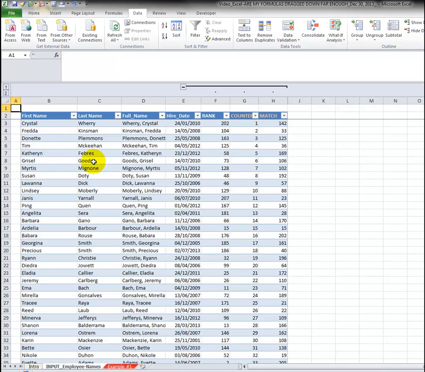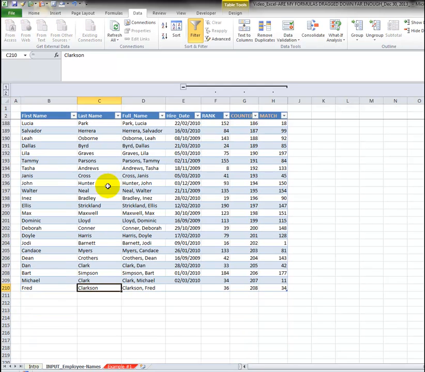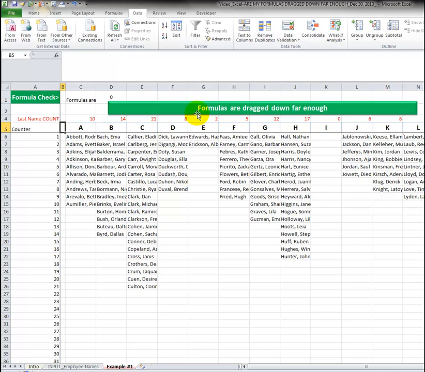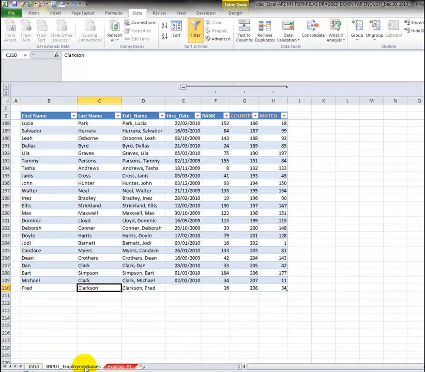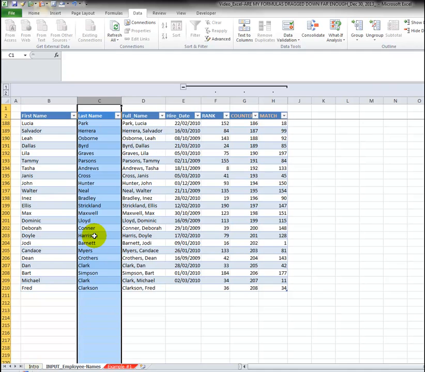I've got an input sheet, some kind of employee database: first name, last name, full name. Right now it ends here in row 210. So I come over here and it says formulas are dragged down far enough. Now I've got this little formula here that looks at row 4. So here in row 4 I'm simply getting a count of how many last names start with each letter. So here we have for C 21, and I'm looking over here,